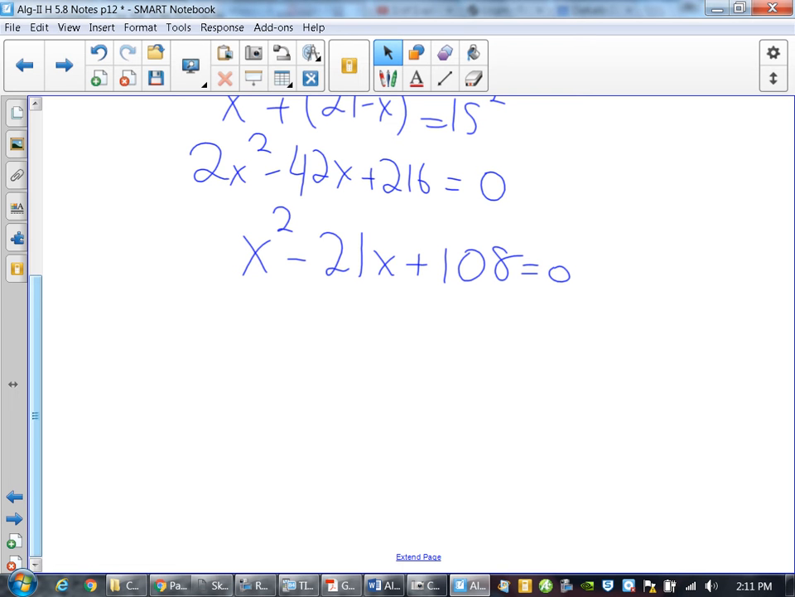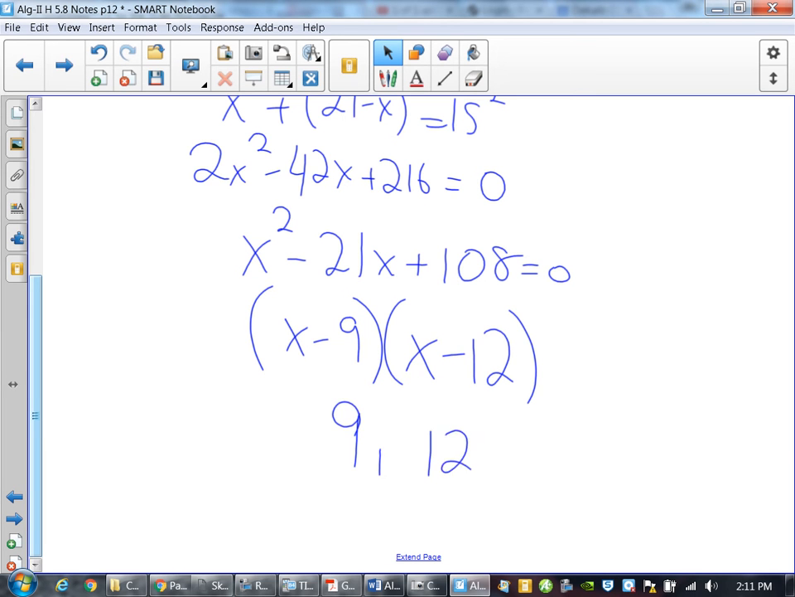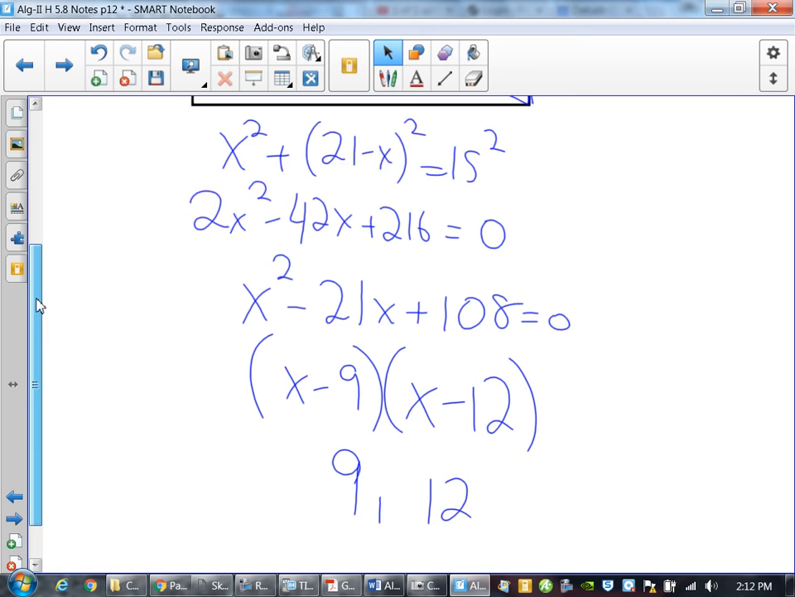You still can calculate zeros by throwing this in the calculator. It will work. You're going to get x minus 9 and x minus 12. You have possible zeros then at 9 and 12, which means if x is 9,